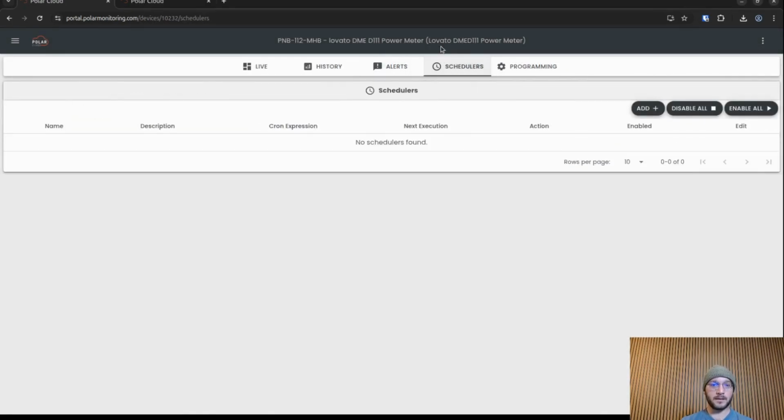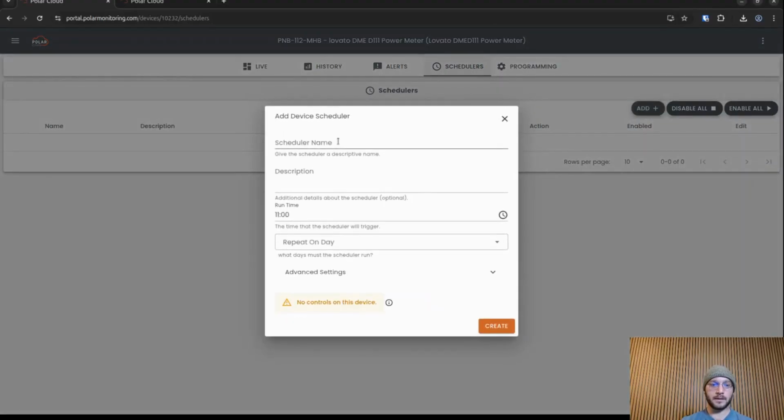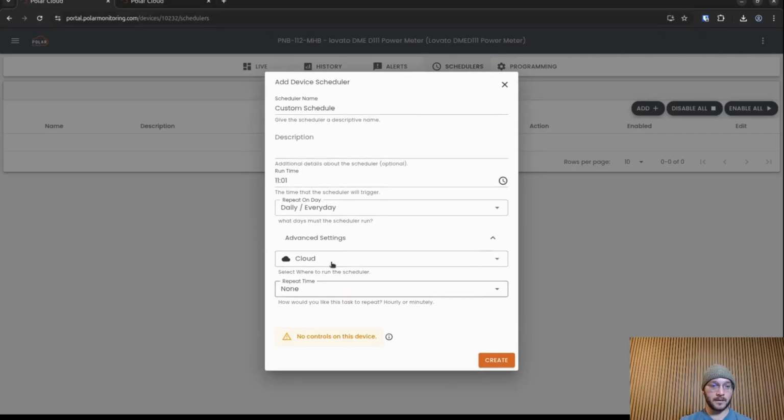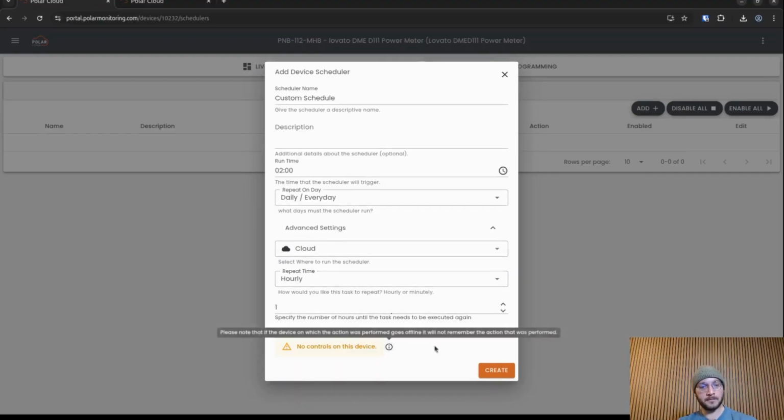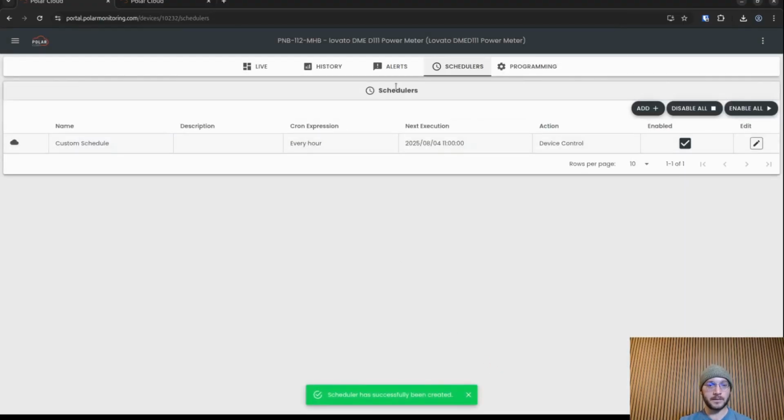Moving on, we see that there are schedulers. If we add a scheduler here, we can, for example, add a custom schedule, and this will run at 11 o'clock every day, and it will repeat hourly, for example. Creating the scheduler, we can see that we've now contributed to our scheduler count, and heading